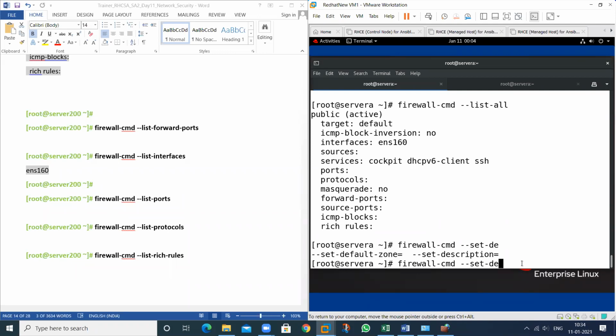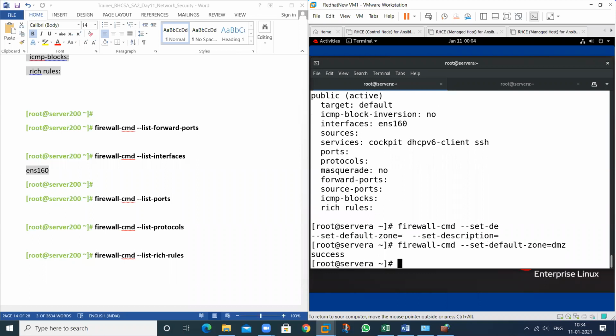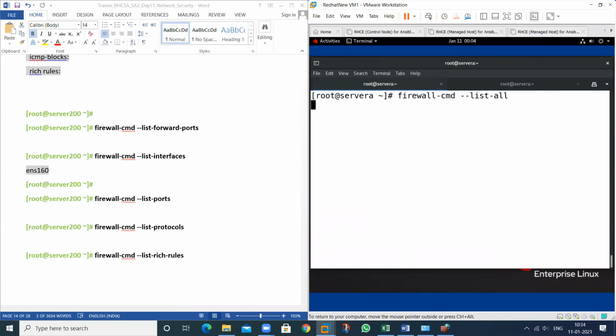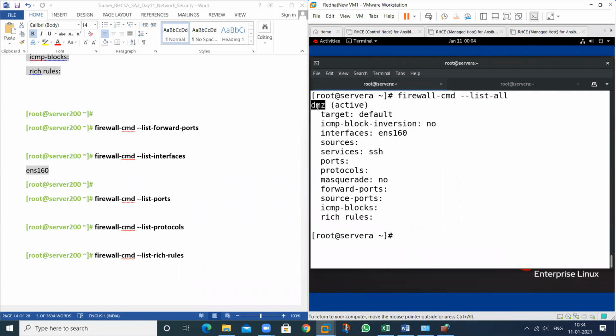See, if I apply this DMG as the default zone, then now check which zone is allowed. So by using this particular command, we can check all the information related to your default zone only, that is active at this time.